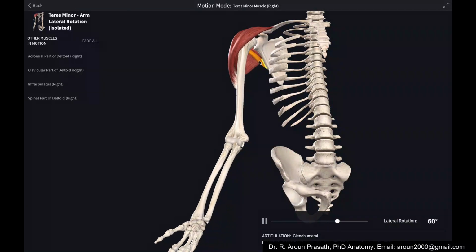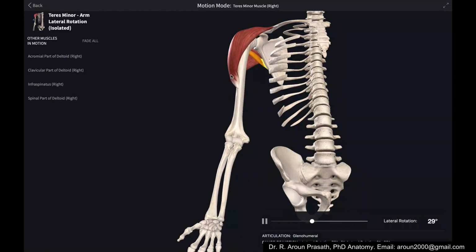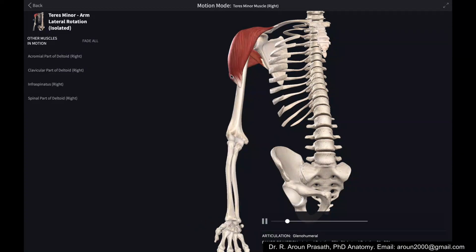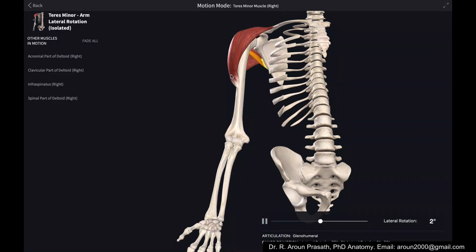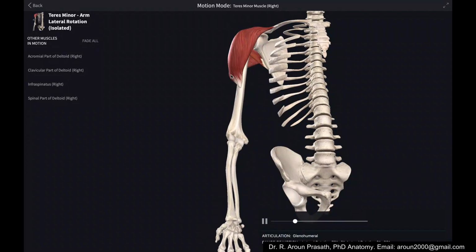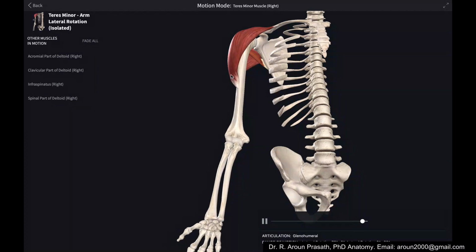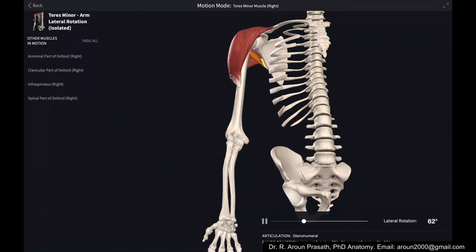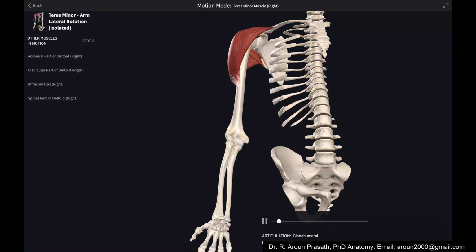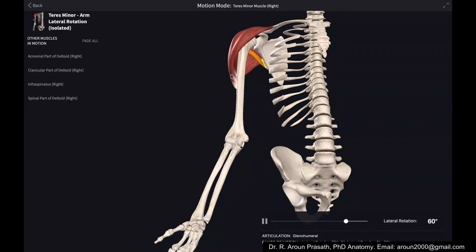So this is what you have to understand about the shoulder complex. We discussed flexion, which is 180 degrees, extension, around 45 to 50 degrees, adduction, around 30 to 45 degrees, abduction, around 180 degrees, internal rotation, 100 degrees, and external rotation, 80 degrees. Circumduction is around 180 degrees plus 180 degrees. You can do complete rotation in the shoulder.